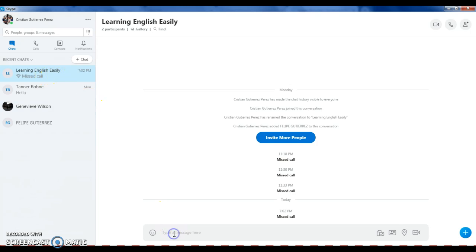In this group, teachers will let students know when and what time students will have to take the video conference. To make a video conference, we have to click on this icon. So when the teacher makes the video conference, the students who will take part in the video call will answer it, and teachers and students will have a speaking practice